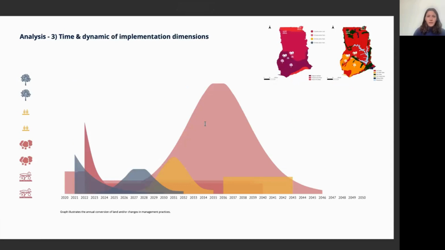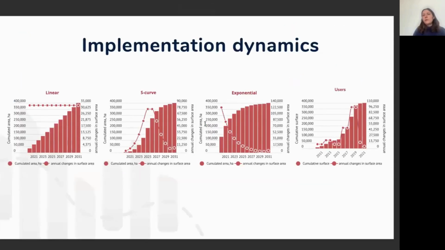Then the dynamic of implementation. This one is important because depending on how you implement, linearly, gradually, or whatever assumption you take, the results will be very different. So these are the types of implementation dynamics that you may choose. First, the linear: you assume, for instance, that you're going to make a restoration project and you're going to restore the same amount of hectares every year. So you want to see the estimate by using this